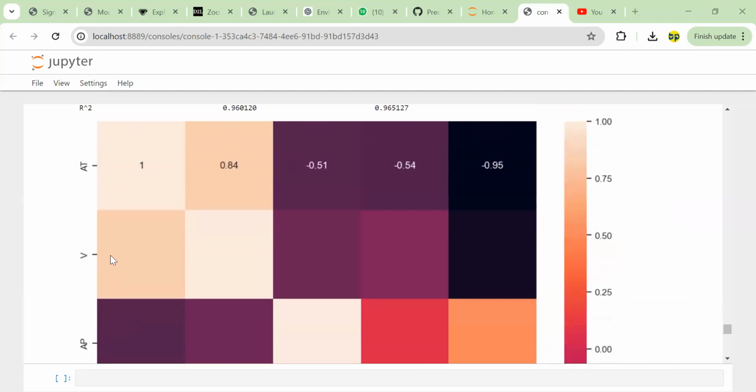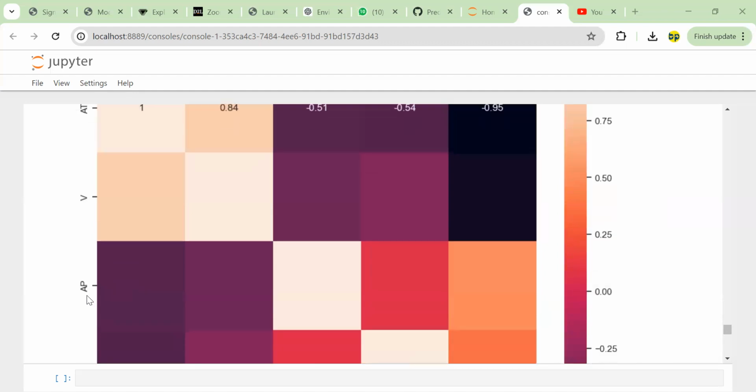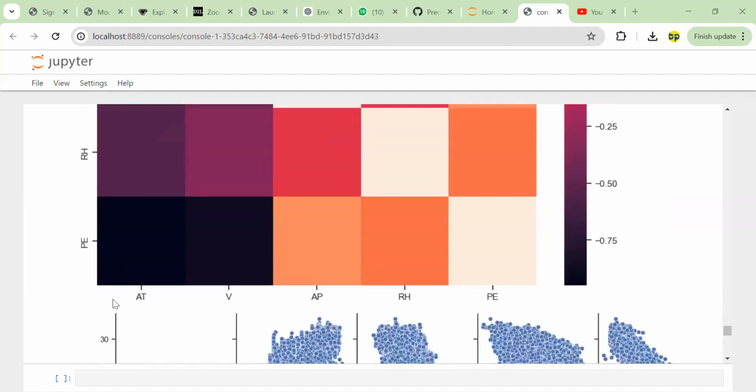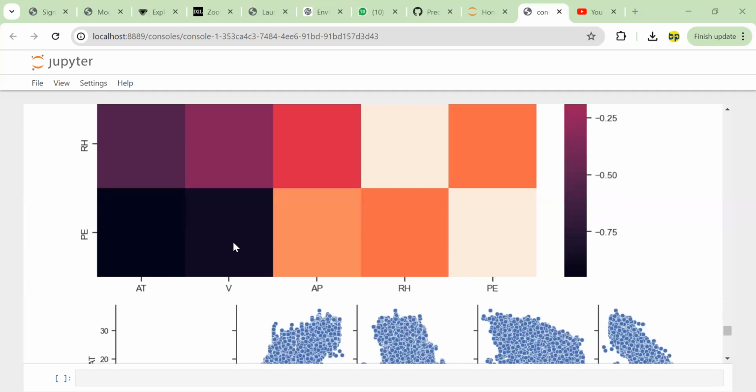On this heat map, AT, V, AP, RH are the input variables, and the output variable is PE. From this color combination, we can see that AT and V are highly correlated with PE. Similarly, AP and RH are not that highly correlated with the PE variable. If we want to check how these variables are interacting with each other, not with the output variable, meaning how they are correlated with each other,